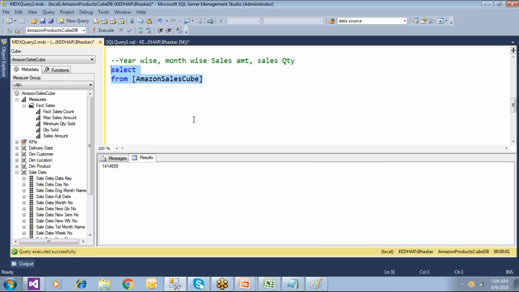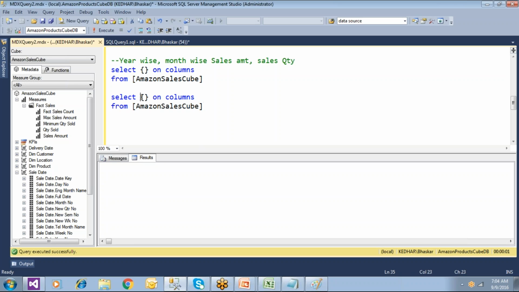So when you don't mention anything here, it is simply going to give you this, or some people will write like this. Okay, so can I execute like this? Let us see whether it's going to work or not. It is not going to work, but it is not going to give you an error, it is a null column. Okay, if you want to represent some null value, simply put like this and you should be able to get it. This is also fine, but when you take this